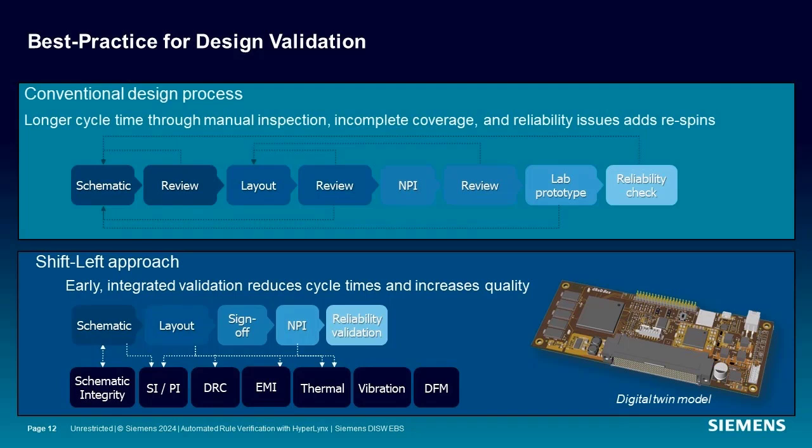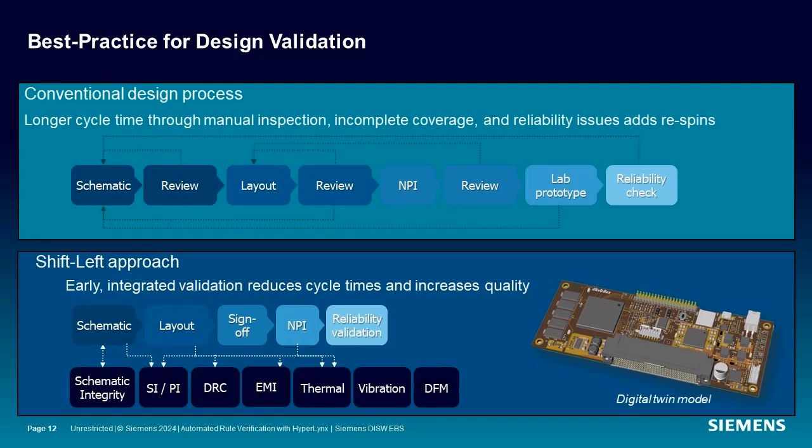By the way, this approach shouldn't threaten the specialist deployed at the end of the design process. By enabling the design authors to do the validation, the specialists are freed up to perform more complex, complete multi-physics analysis on only the toughest problems, and not the whole design. This approach also should not threaten design authors who see it as adding extra steps and tools into their workflow, because the net result is a shortened design cycle with fewer respin interrupts and higher product quality. And also by automating the tedious, we can make these shift left approaches in the stage reviews really quick and easy to perform and not costly time added to their day.